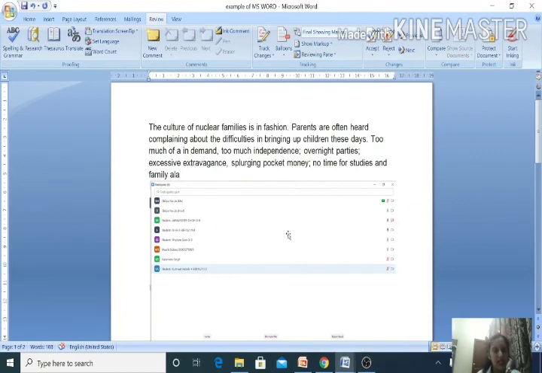As you can see in the example of track changes, I have to click on the review tab. From the review tab I have to click on the track changes option. Now whatever I write in the document is going to appear in red color with a red underline, so that it can be easily detectable कि we have done any kind of changes in the document. So this is done with the help of the track changes option in MS Word. So I think this is clear. Means whatever comment, insertion, deletion, anything you have done in the document will be reflected with red color with a red underline.